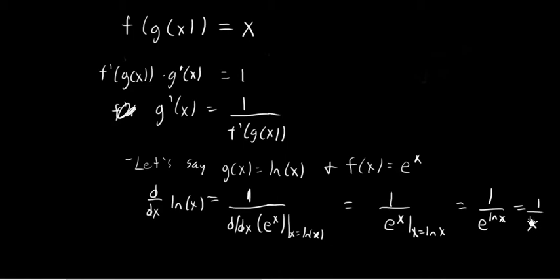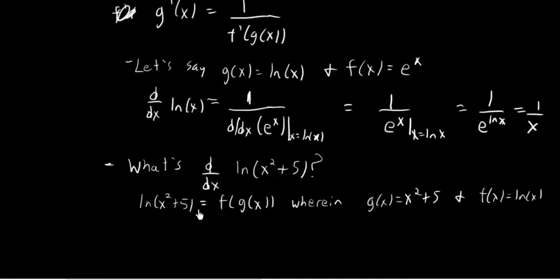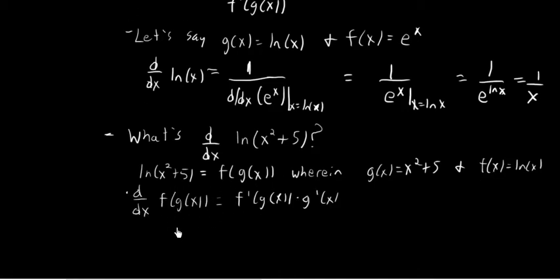What if we want the derivative of ln of x squared plus 5? Well, ln of x squared plus 5 is just the composition f of g of x, wherein g of x, the interior function, is x squared plus 5, and f of x, the outer function, is just ln of x. Well, the chain rule tells us that the derivative of f of g of x with respect to x is f prime evaluated at g of x times g prime of x. In this particular case, that would be the derivative of ln of x, but evaluated at x squared plus 5,